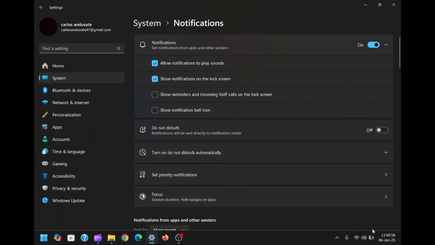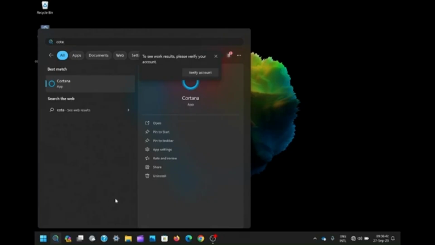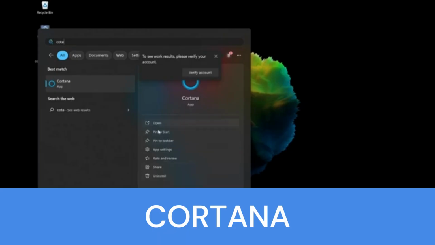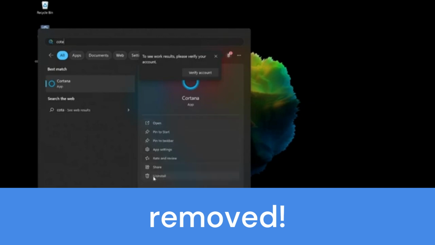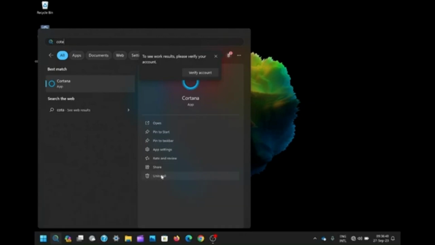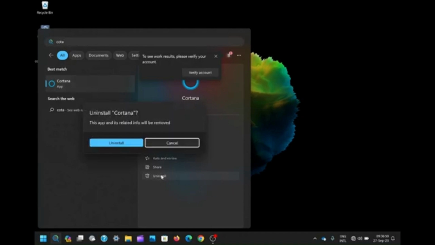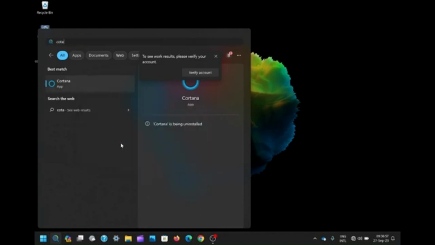Not all changes in 24H2 are about adding new features, some involve the removal of existing ones. Cortana, Microsoft's virtual assistant, has been completely removed from Windows 11. While users could previously uninstall Cortana if they didn't need it, this update takes it a step further by removing it altogether. This move reflects a broader shift in Microsoft's strategy, focusing on features that align more closely with modern